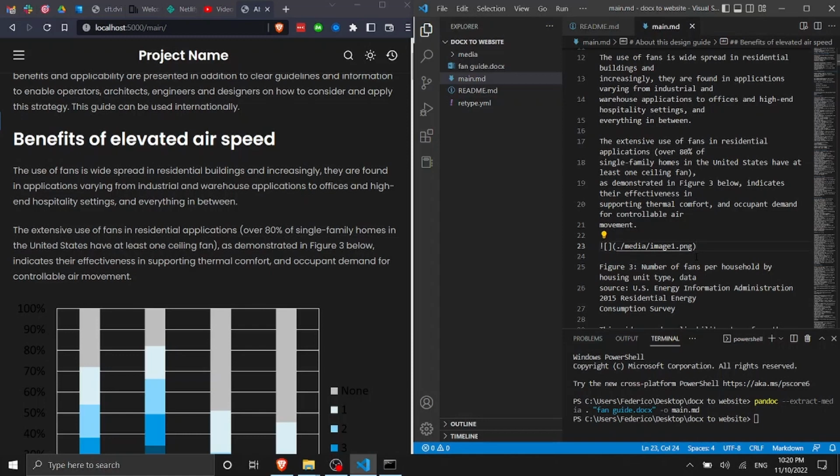So now the last thing that I want to show you is how to organize and subdivide this main.markdown page into sub-pages and create sections inside the navigation bar in Retype. And then we're going to build the project and we're going to deploy it on Netlify. So you can share your website with whoever you want.